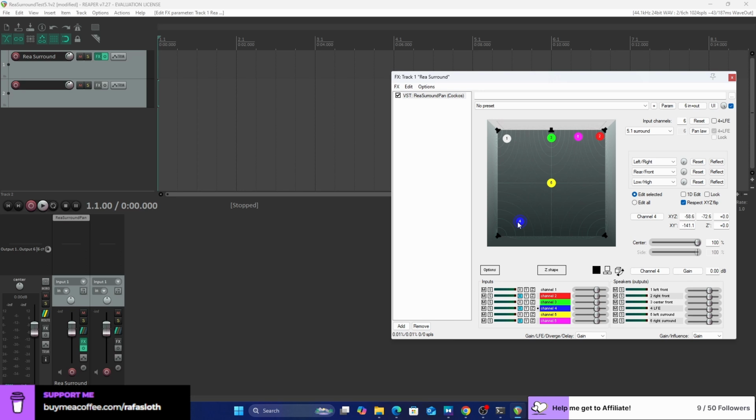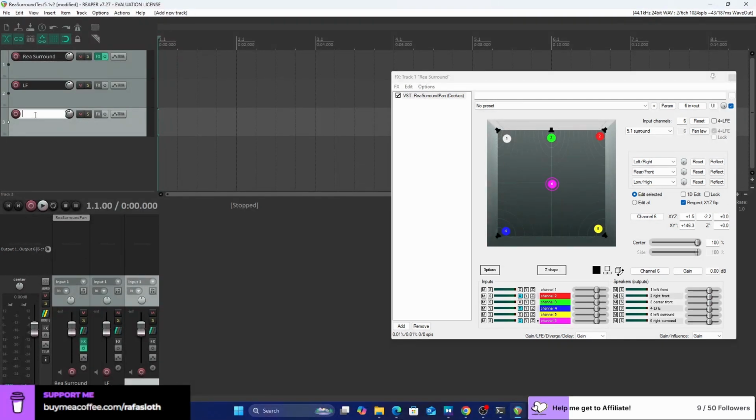Channel 4 to surround left. Channel 5 surround right. And then 6 will be the buffer.